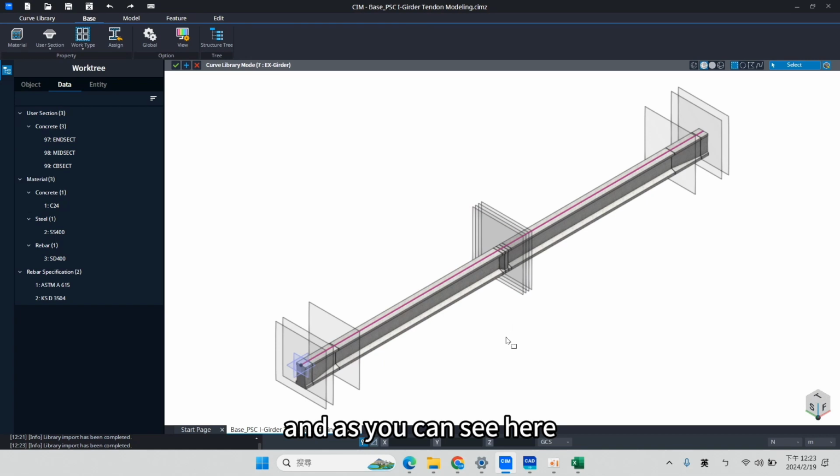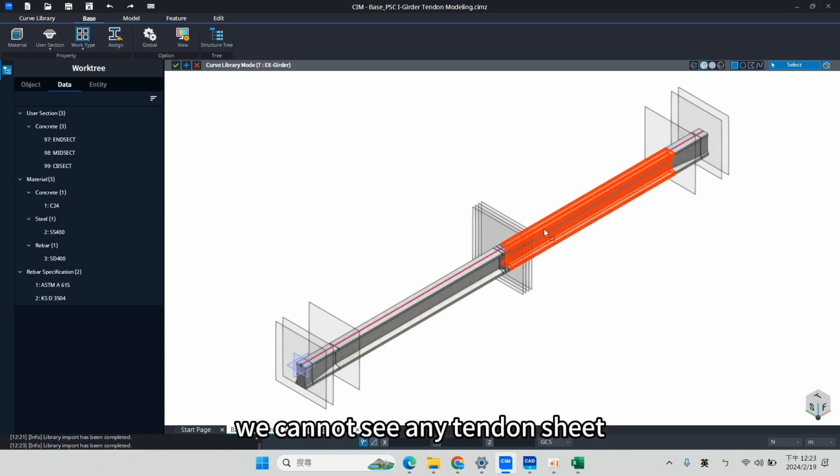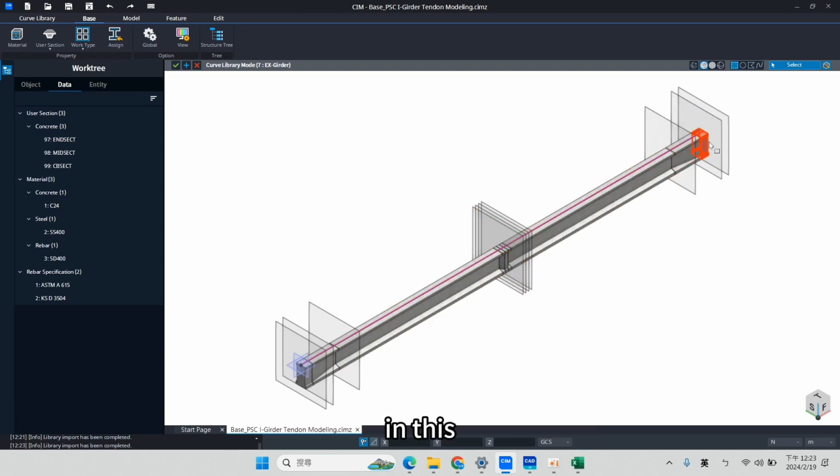As you can see here, because the skin is not transparent, we cannot see the tendon shape in this curve library.